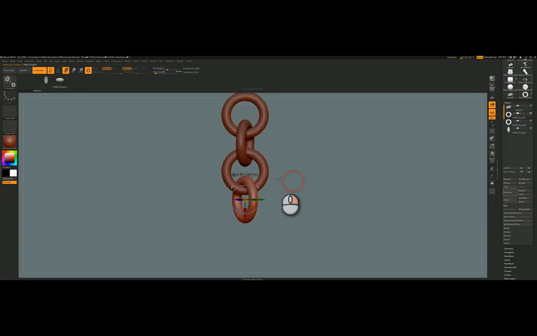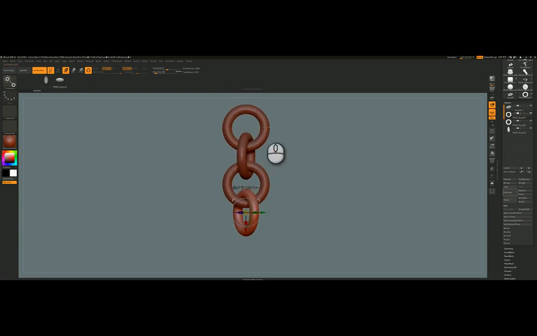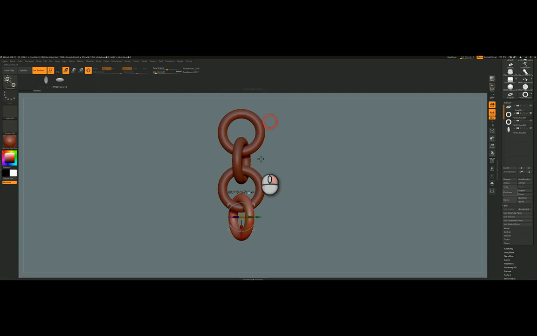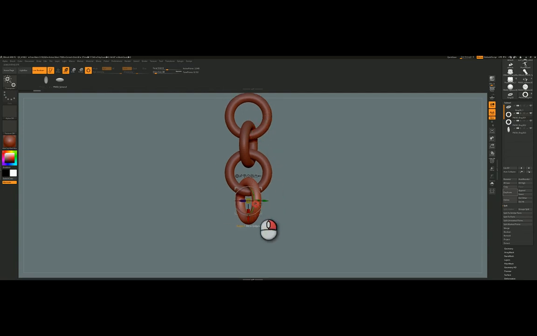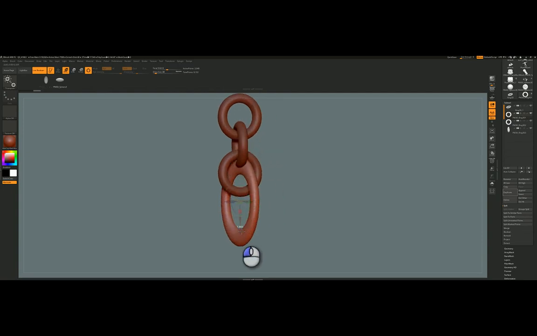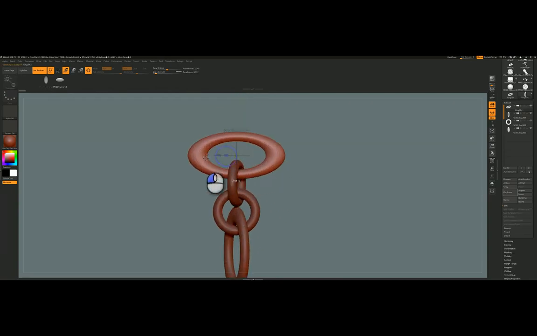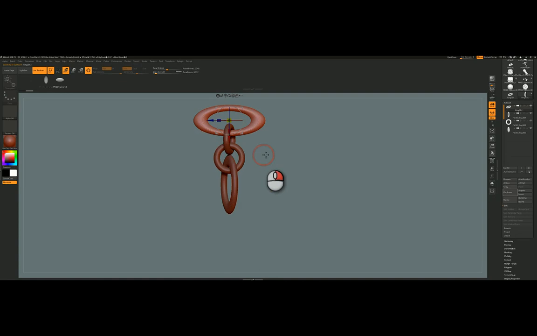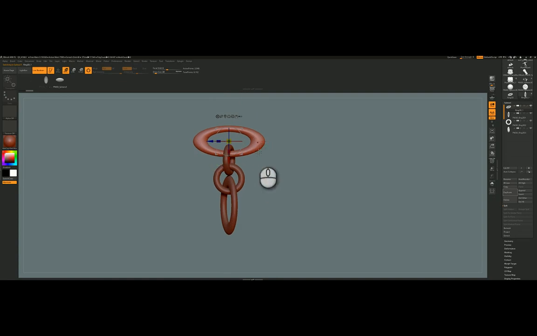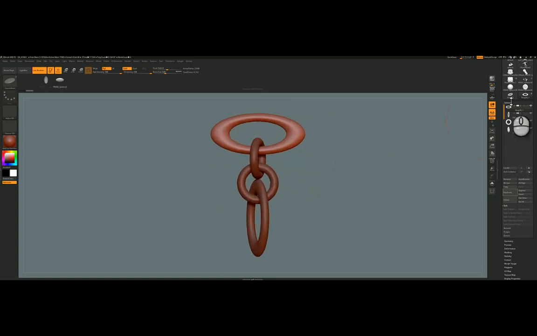Now we want to make sure we know what's going on here, so I'm going to make the top and the bottom unique in the shape, so that we know that there is a top and bottom. So I'm going to change that one so it's longer, and this top link I will just drag it out that way. So now we have this beginning, the middle section, and the end point, right? So the only thing that's left to do at this point is combine everything. So what I'm going to do is go have my separate subtools,